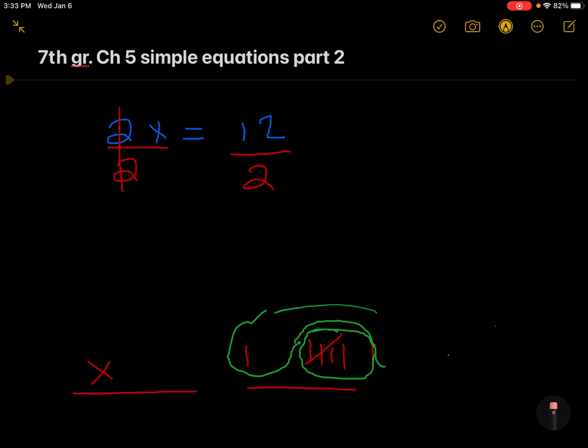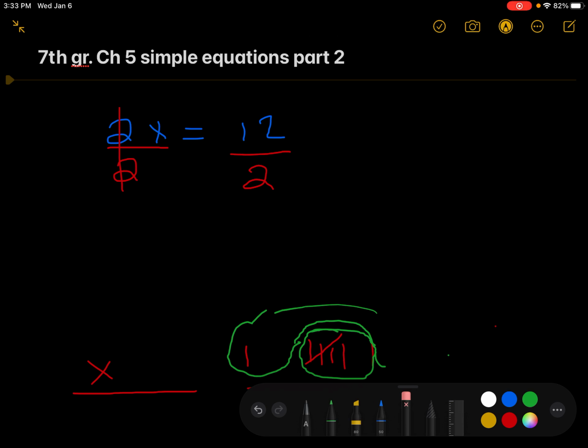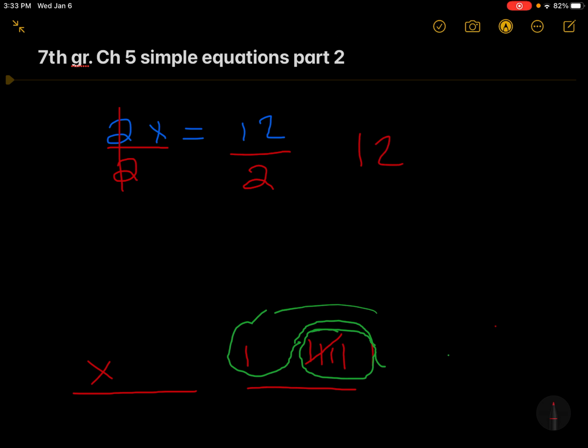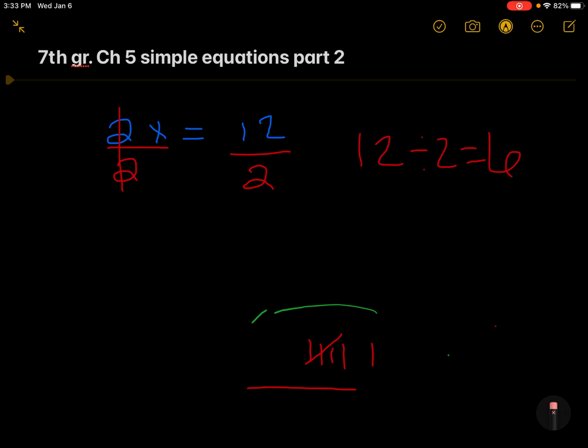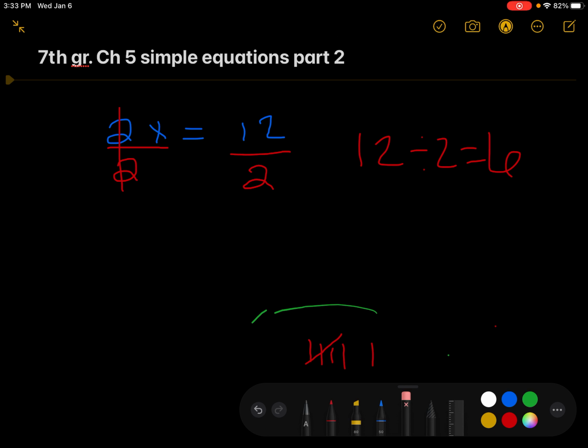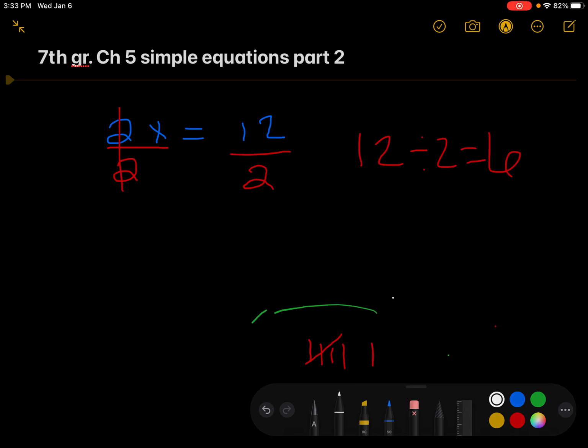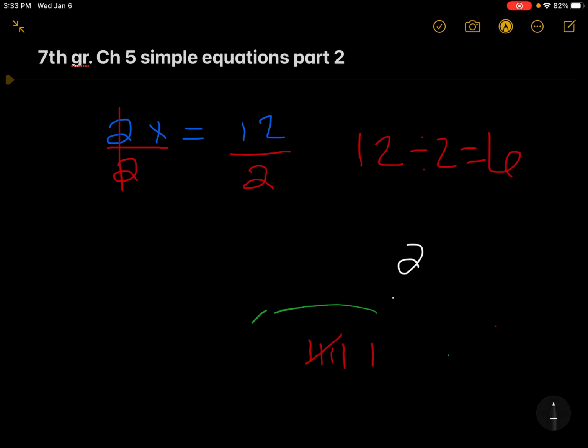And we are left with 6. 12 divided by 2 is indeed 6. So if we rewrote our problem and put in instead the new value of 6, we would have 2x equals 12